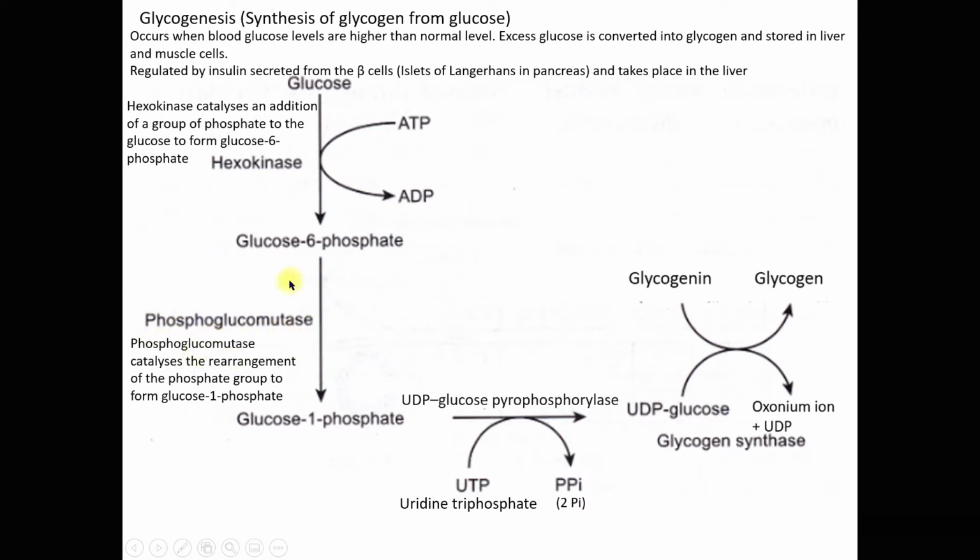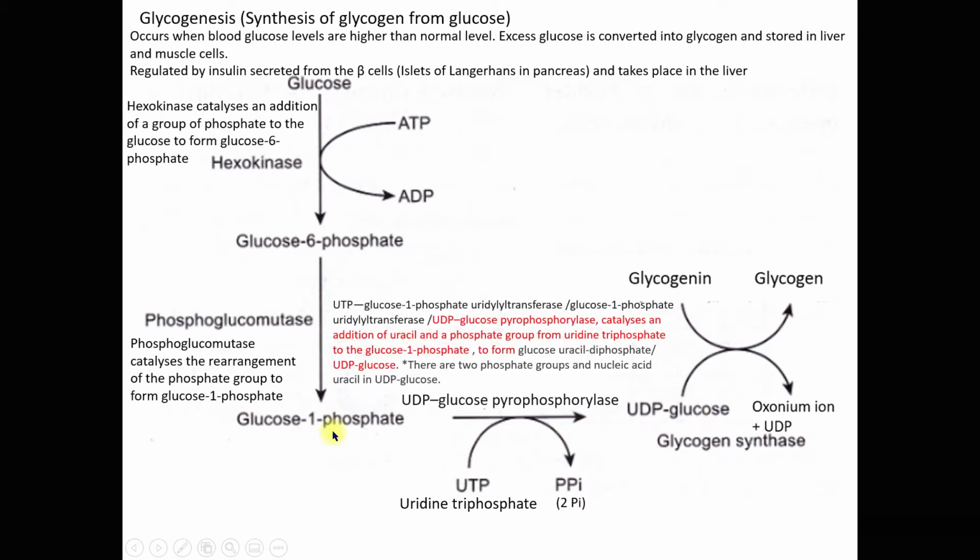phosphoglucomutase catalyzes the rearrangement of the phosphate group in the glucose 6-phosphate to form glucose 1-phosphate. So the phosphate group from the ATP, initially it was on the 6th carbon. So it is rearranged to the first carbon. So we have glucose 1-phosphate. Next,